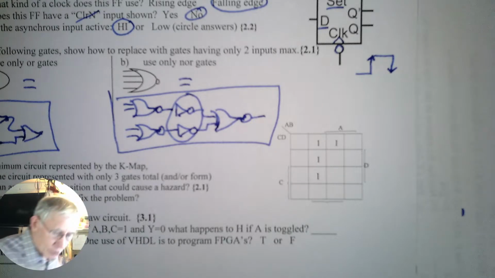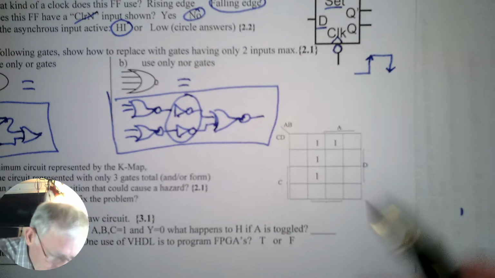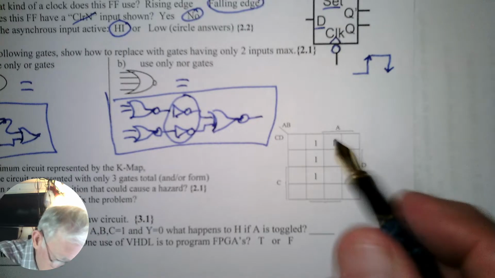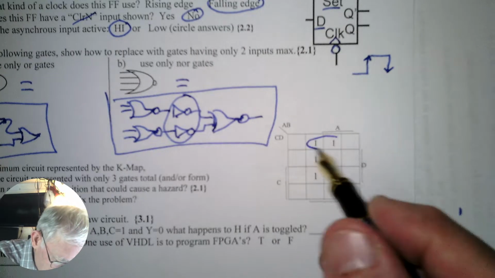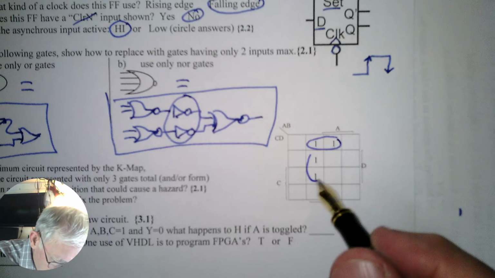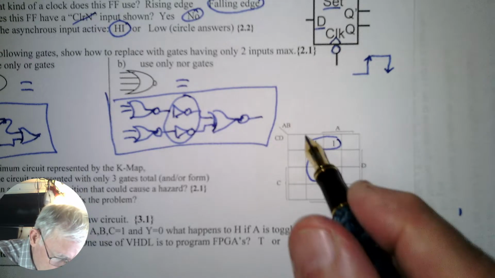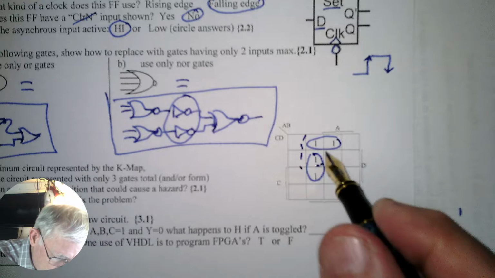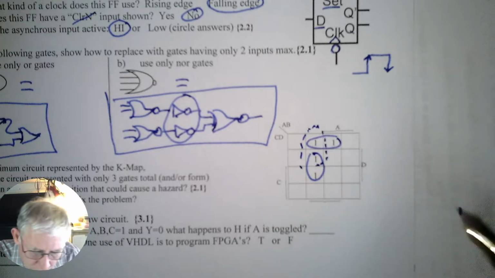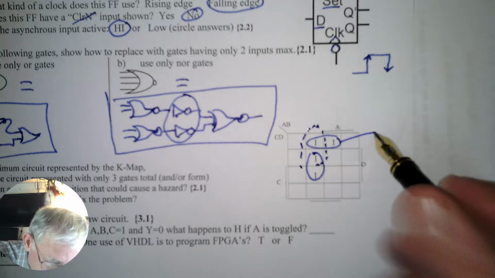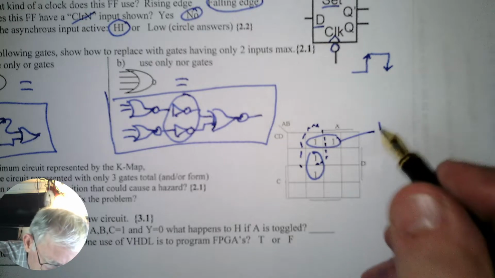Okay. So in this case, how can we do this? Well, it's really easy. You should be able to see this immediately. You circle these 2, circle these 2. And then you do have this consensus term here, which I'm going to loop, but we're going to ignore that for the moment. So we need this group, so that's going to be B.